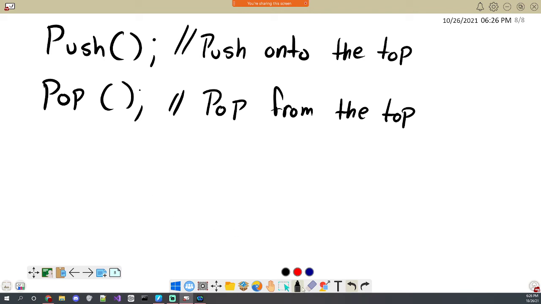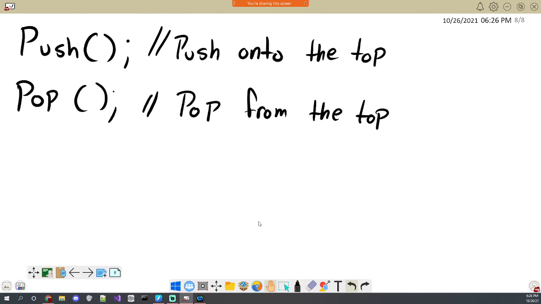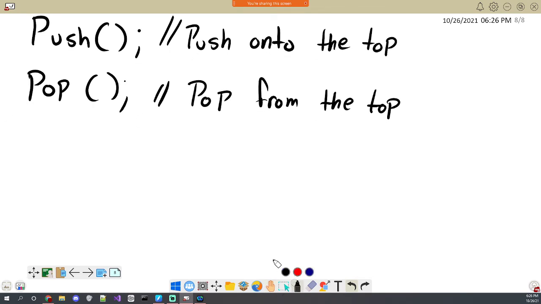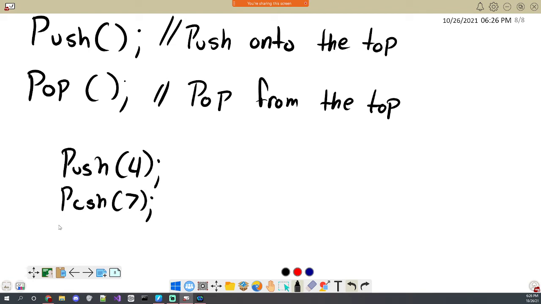Right, so let's say I do this, and I want to do it in the order that I push 4, push 7, push 9, pop. Again, we end up with a similar result here where pushing takes a value being the thing to put into the stack, and then popping is a value returning function that just pops whatever the top of the stack is and then returns it to you.